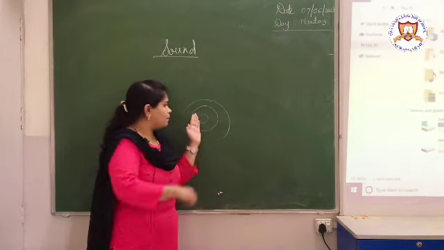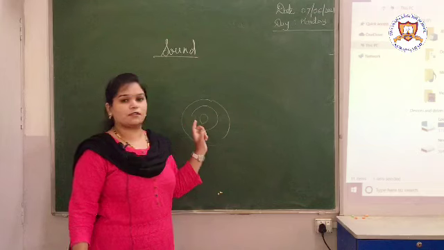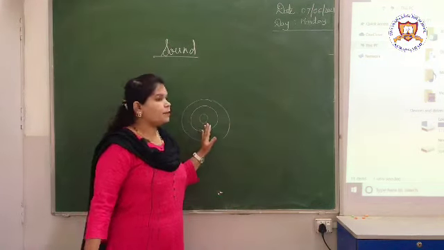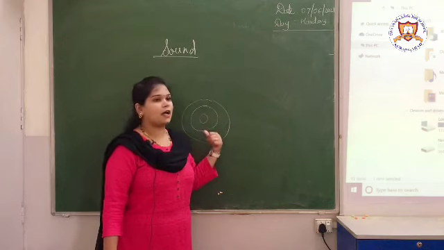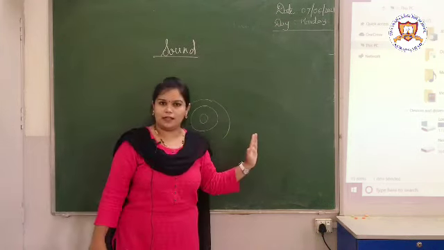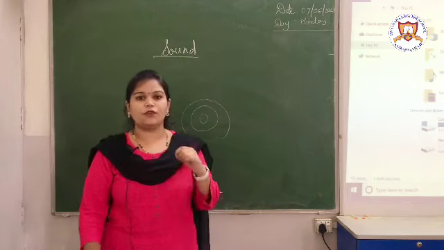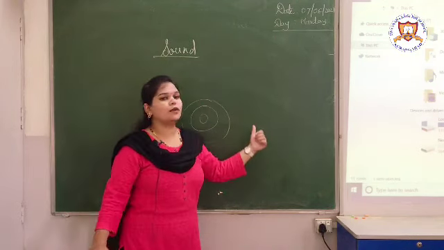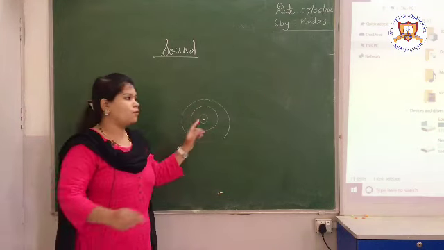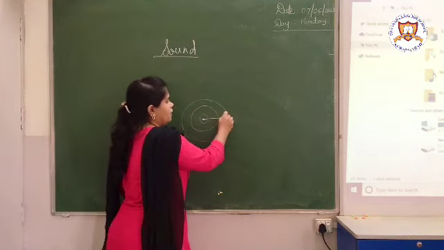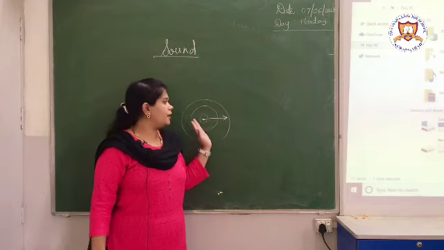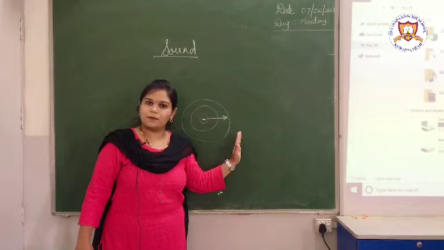Here the matter, or we can say the particles present in the water, are transmitting the energy from one particle to another particle. It means there is a transfer of energy from one point to another point. Suppose this is the center of the pond and the energy is transferring from the center to the side of the pond. So it gets transmitted along the waves.